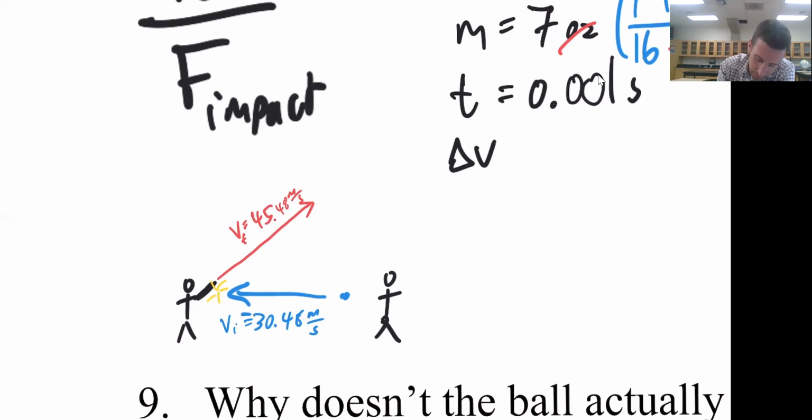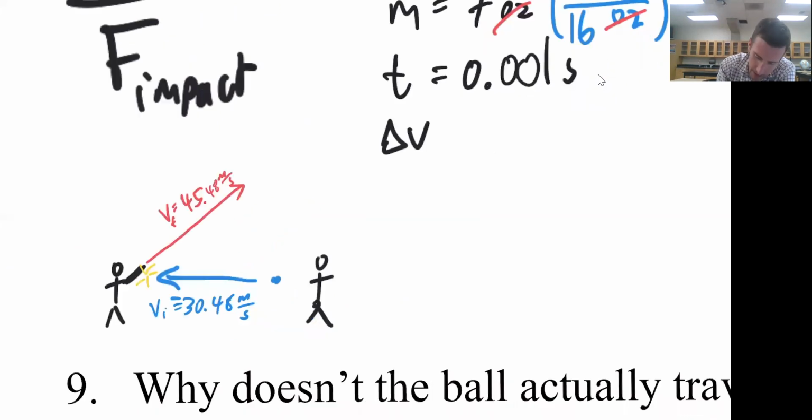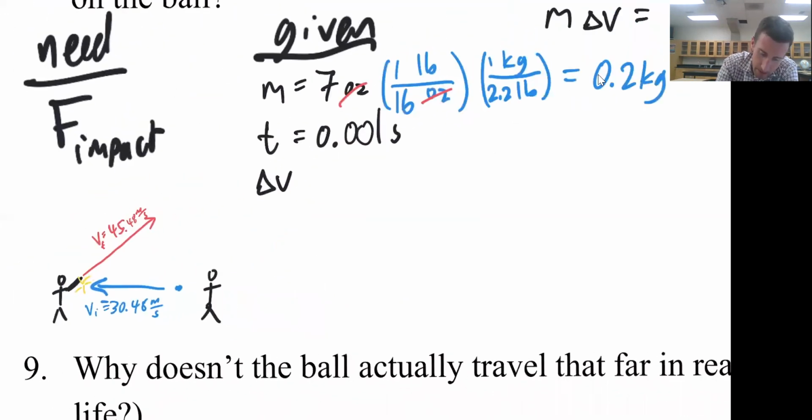Now I can say that the change of velocity is equal to velocity final minus the velocity initial, which is equal to the final velocity, 45.48 meters per second, minus the initial velocity, which was negative